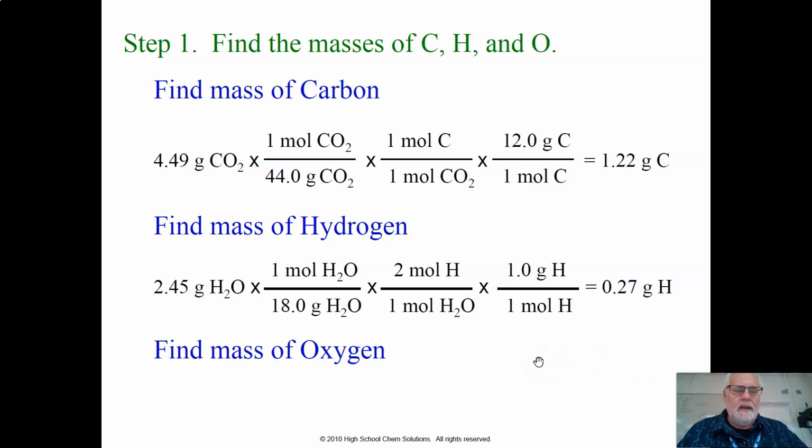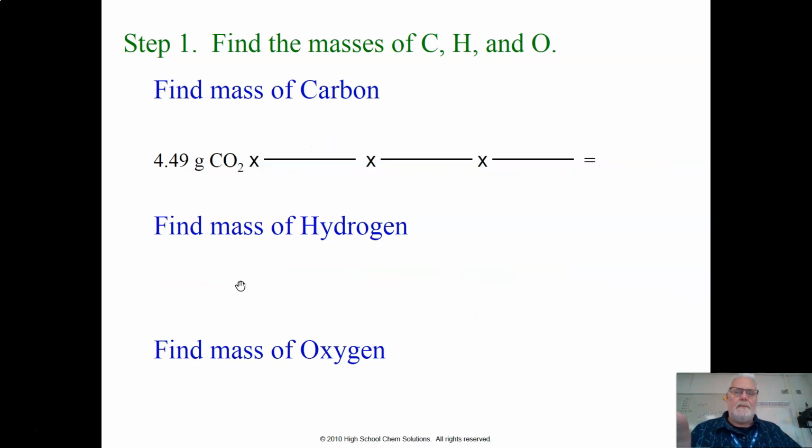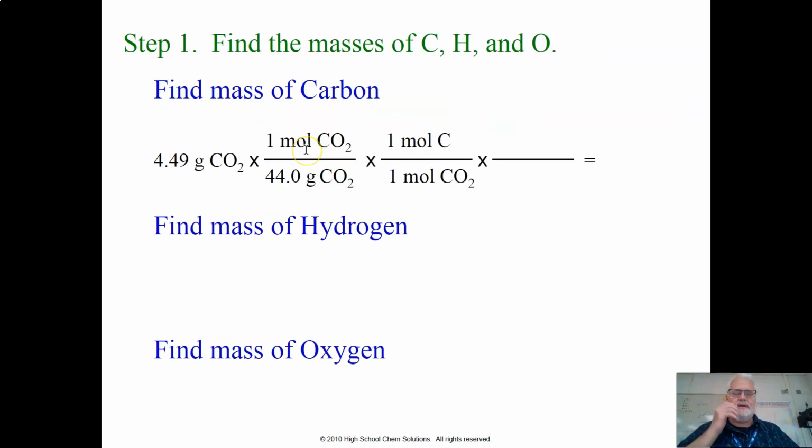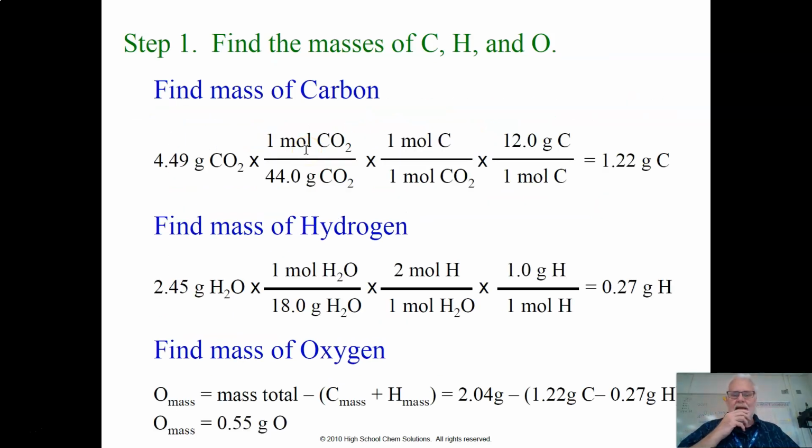Now, here's the catch with oxygen. Oxygen is in both CO2, there it is, and O. So you don't really know how much is in each one. You can't really figure out the ratios, but you can figure out the mass of oxygen, because if you go back, you know the total mass of the sample. Okay? So what you can do is take that